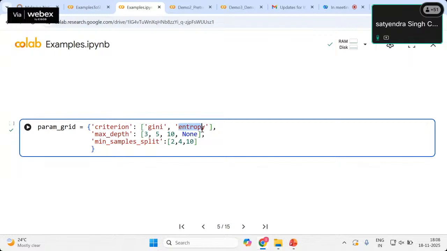So these two are the criteria. For max depth we have put values like 3, 5, 10, or None, and we experiment to find which should be the best maximum depth. And for minimum samples split we have taken 2, 4, and 10. At each attribute, this is the minimum number of samples needed to split the data. So these are the criteria we have mentioned, and we will use GridSearchCV to find the best combination of them. For example,